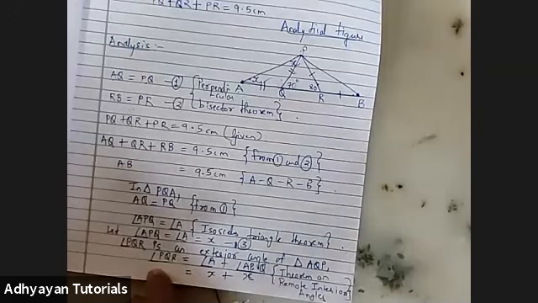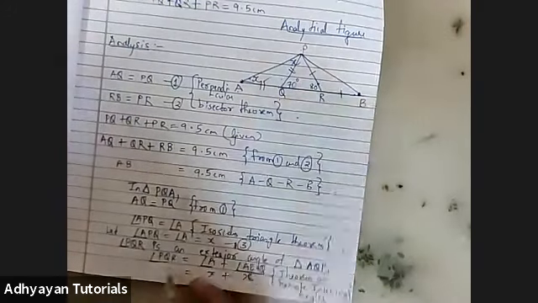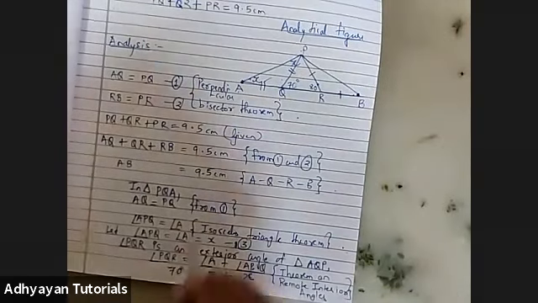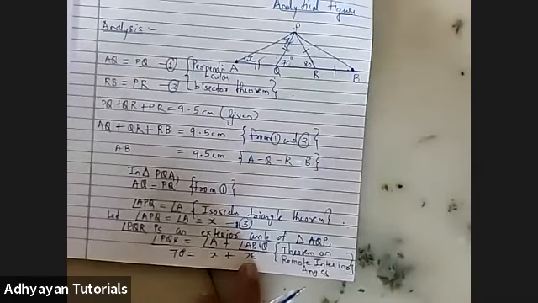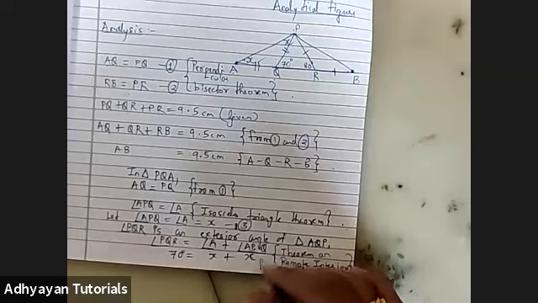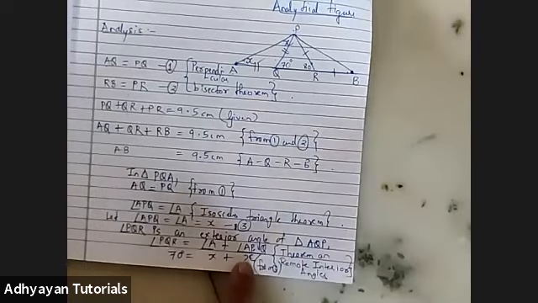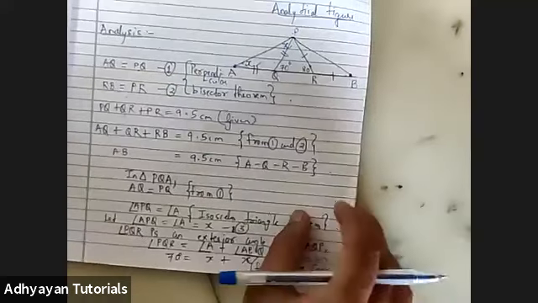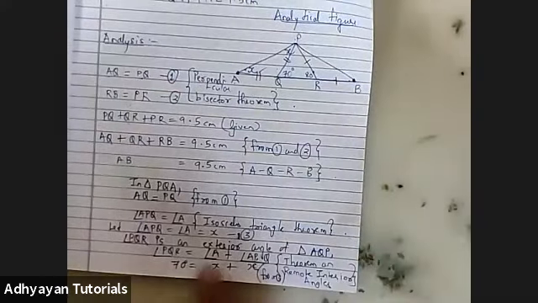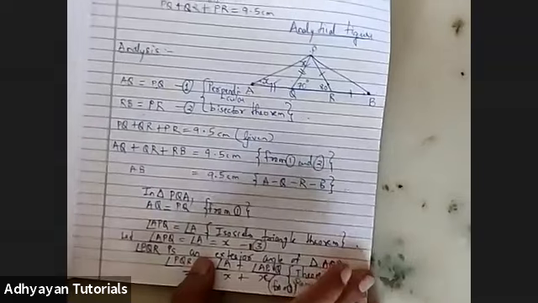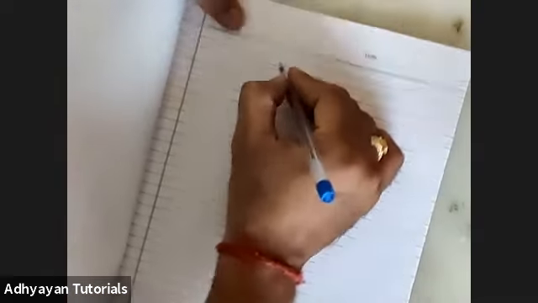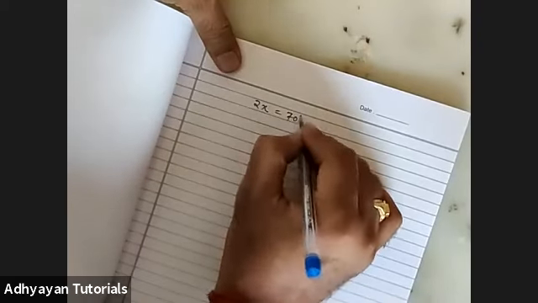Correct. The value of PQR is 70 degrees. It is given to us. So children, 70 is equal to X plus X. That comes from equation 3. X plus X is nothing but 2X. I'll just write it down on the next page. So 2X is equal to 70 degrees.